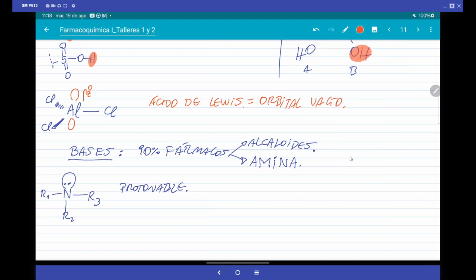some things because today we are going to do numerical exercises of this. The pKa of an amine is around... Does someone remember? What happens is that in the case of the amines, of course it will